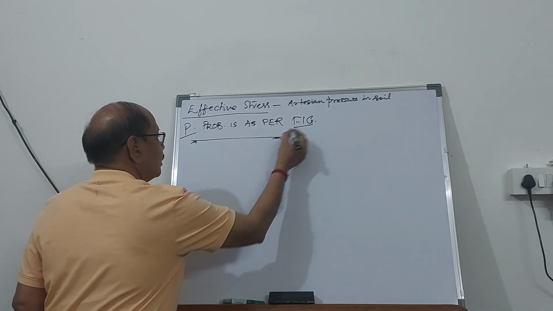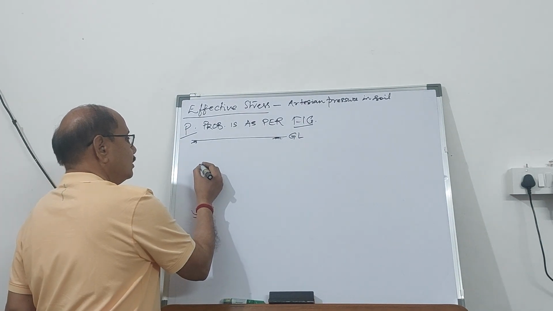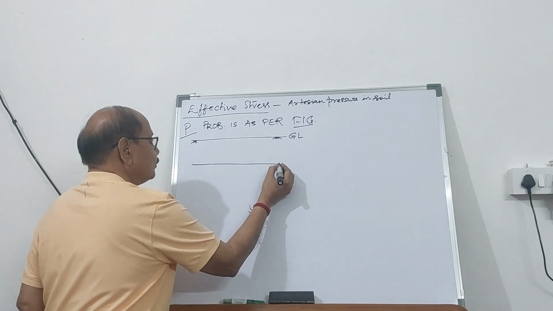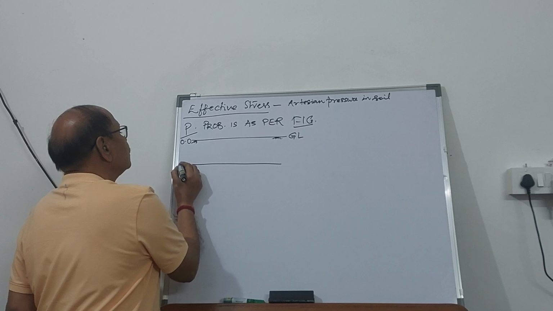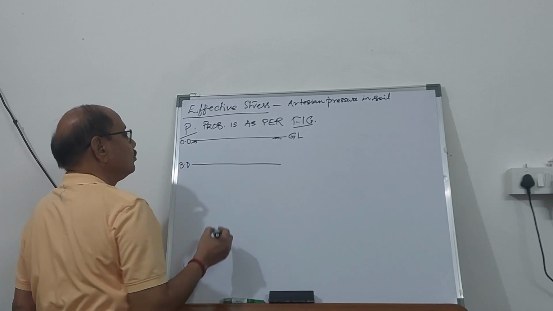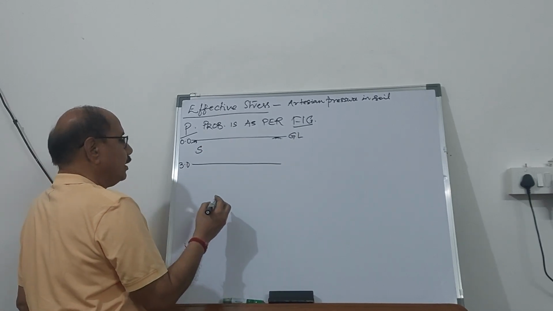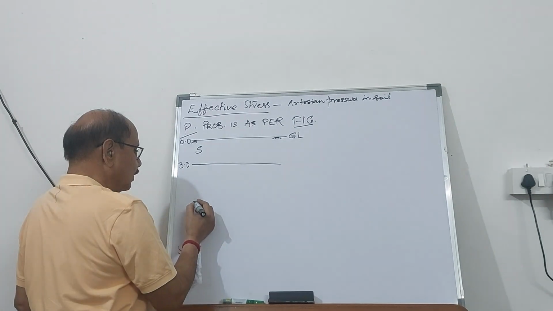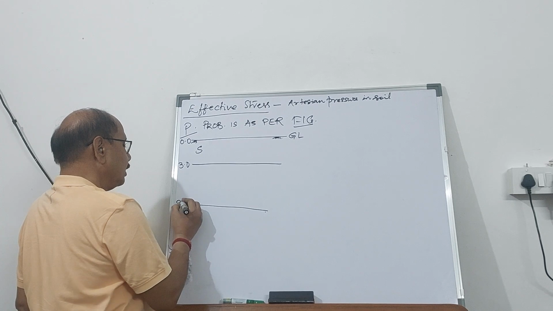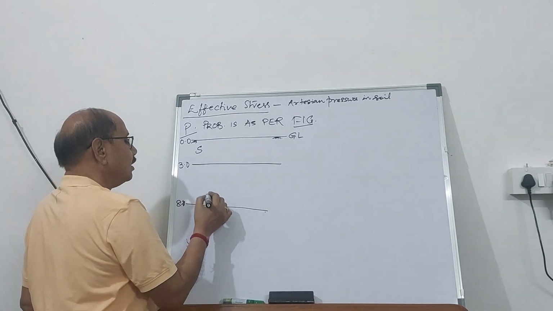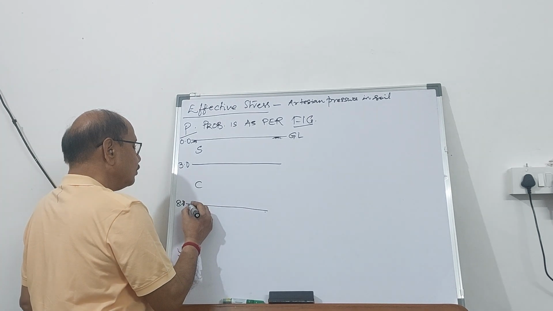This is the ground surface, and the first 3 meters from the ground level is sand. If you go further down up to 8 meters, that is the remaining 5 meters, it is clay,